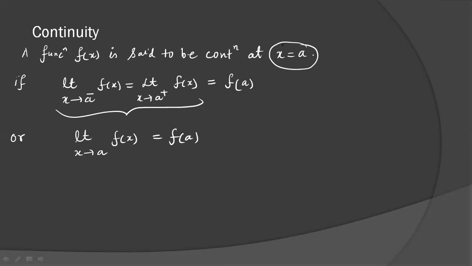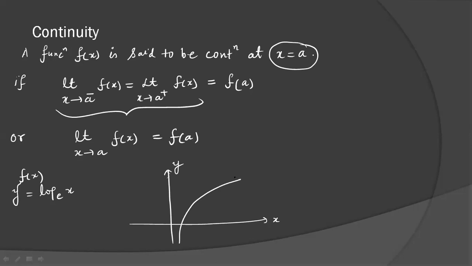is very important. For continuity of f(x) at x equal to a, we have to get the immediate neighborhood of a. What is the meaning of this? Suppose y equal to log x is given to you, and y is equal to f(x) also. If you see the graph of log x, you can follow lecture 14 for it. This is the graph of log x when the base is greater than 1. Here the base is exponential, so it is greater than 1. And it is defined for all x greater than 0. But if you are interested in the continuity at x equal to minus 2, then it is meaningless because we don't know the value of this function in the immediate